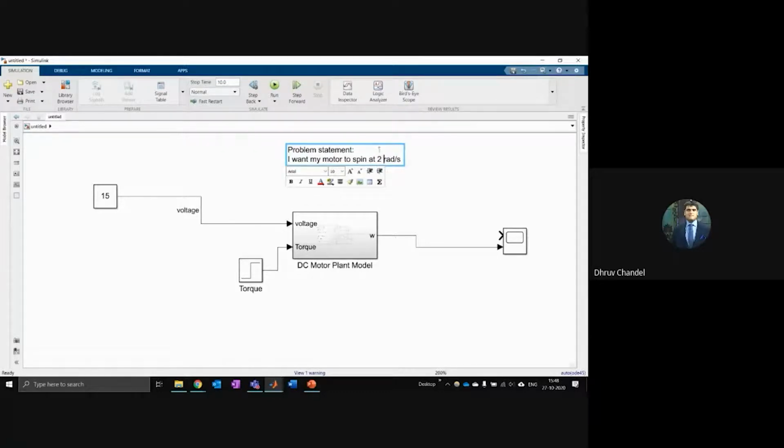That is my problem statement. I'm an engineer. I have the motor which is going inside my robot, which is turning the wheels. And I just want this to spin at 2 radians per second. I don't care how much voltage it takes. I don't care what resistance it encounters. I just want it to keep on spinning.